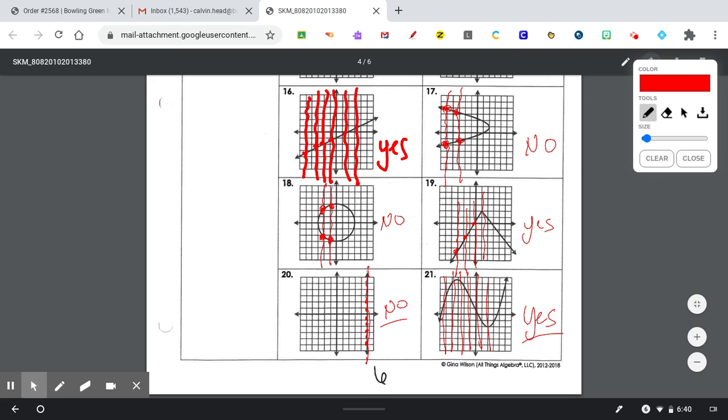So I know this was a little lengthy, but it's pretty easy once you get the hang of it. So make sure that now you follow the